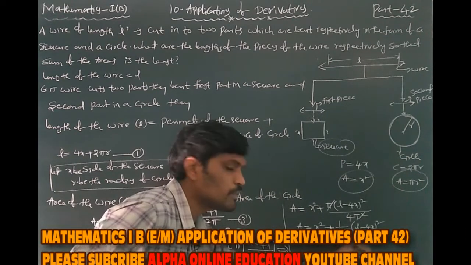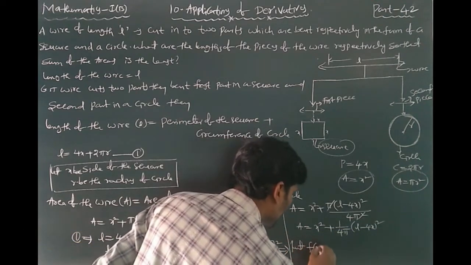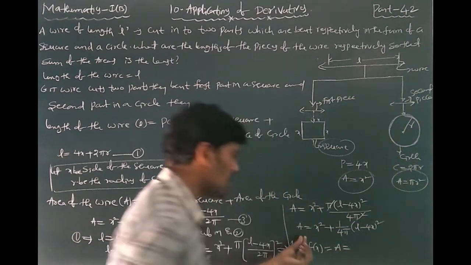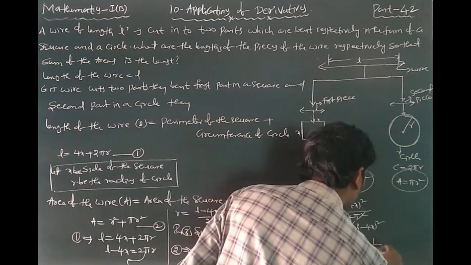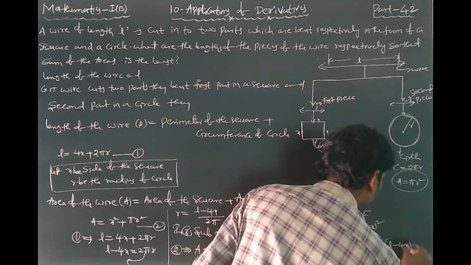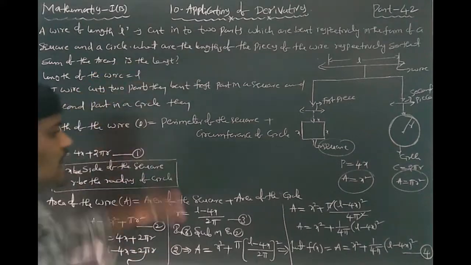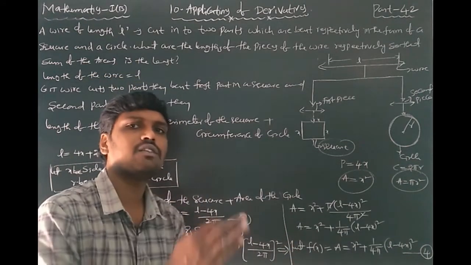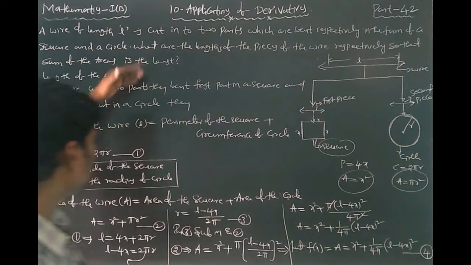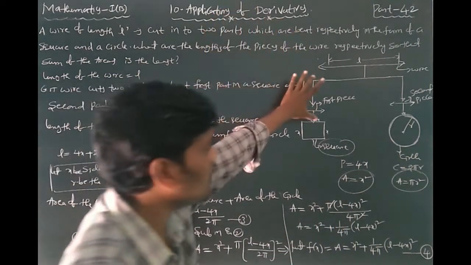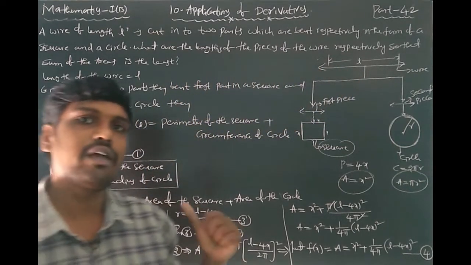This is a function in terms of x. That's why, put f of x equal to area of the way. f of x equal to area of the way. A is equal to x square plus 1 by 4 pi into (L minus 4x) whole square. Suppose we take this as equation number 4. This is the way you can find the f of x value. After that you can simplify f dash x equal to 0, in a similar way to the previous problem. This is a very important point. This figure you can identify clearly. This is also very simple.